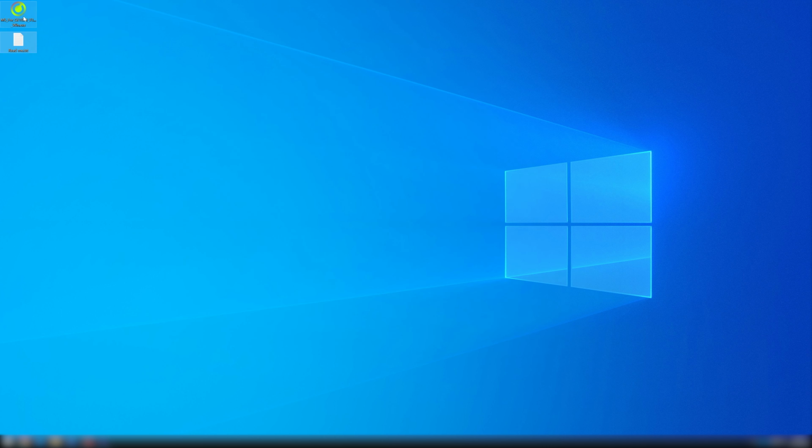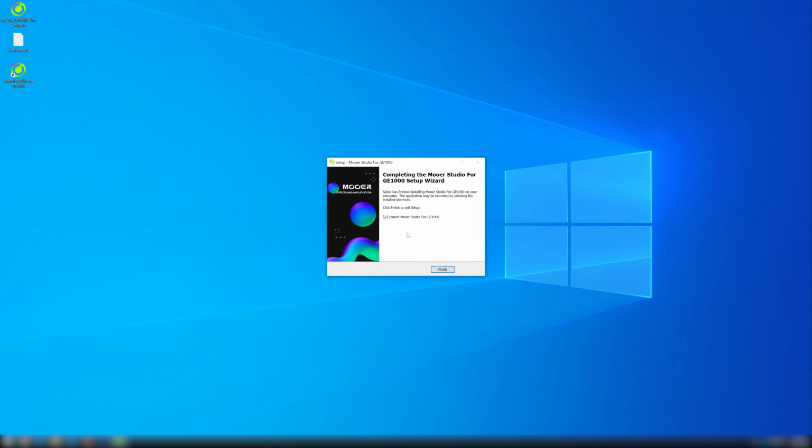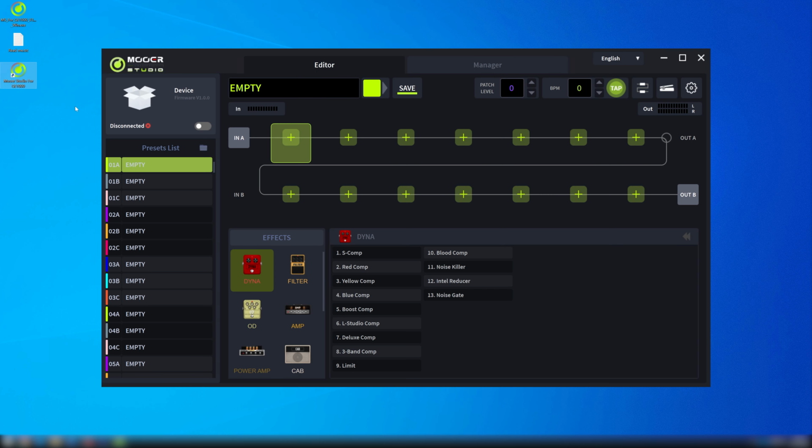When done reading, execute the installation of your Mooer GE1000 Studio app. Select the language and click OK. Select an installation location and click the Next button. You're free to create a desktop shortcut. Check your choices and hit Install. When the installation process is done, you leave the auto launch box checked and after hitting Finish, it will automatically